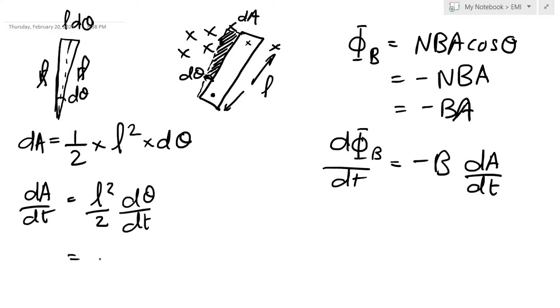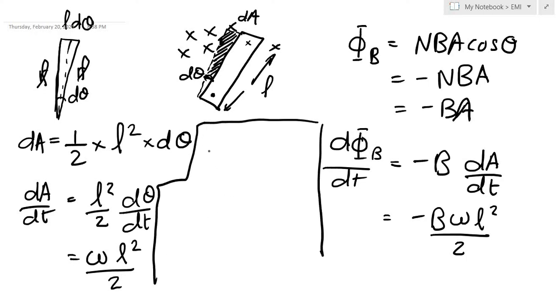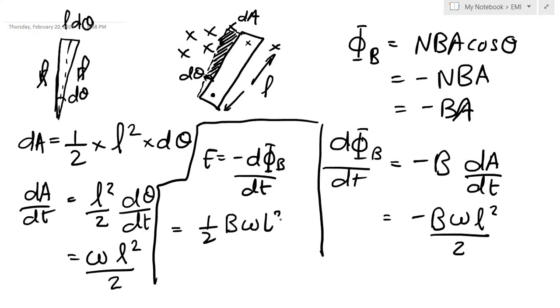Now if you know your rotational motion well, you know d theta by dt, the rate of change of angle per unit time, is omega, angular frequency. So dA by dt is omega L squared all over 2. Well, you can just substitute that over here. So minus B omega L squared by 2. And by Faraday's law we know that E is equal to minus d phi over dt. You get rid of the negative sign. All you're left with is half B omega L squared,